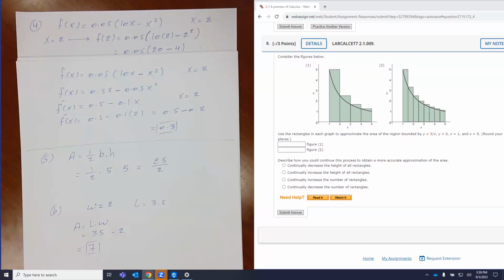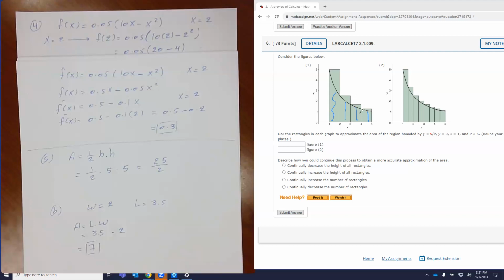In the next example, they ask you to consider these two graphs, 1 and 2. And if you look at the graph, it's a curve. We need to find the area under the curve. That's what they ask you to find. So what they did, they divided the area into